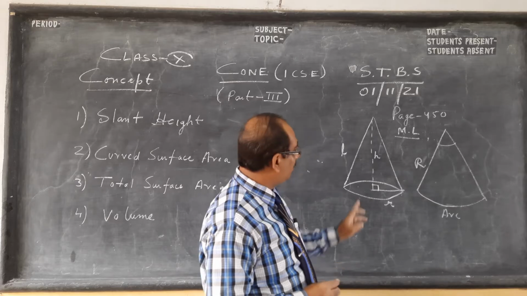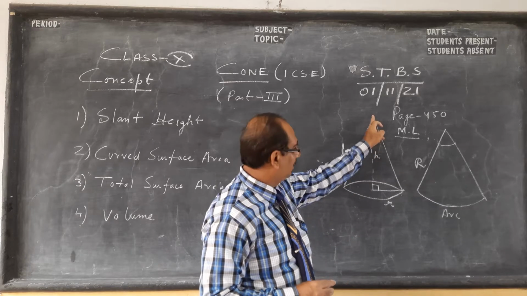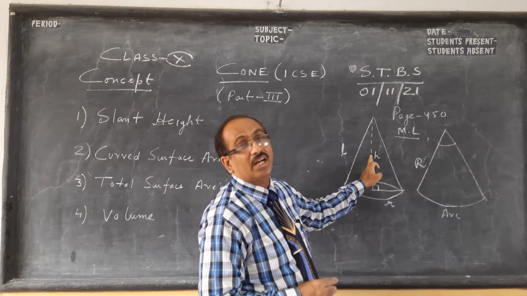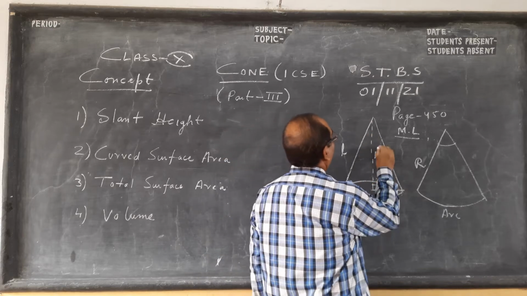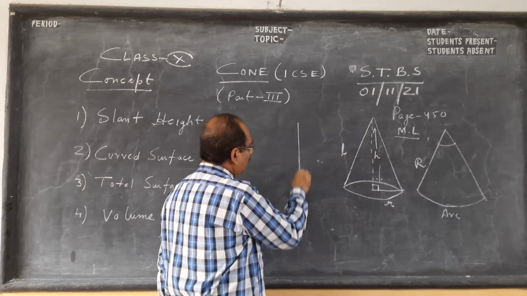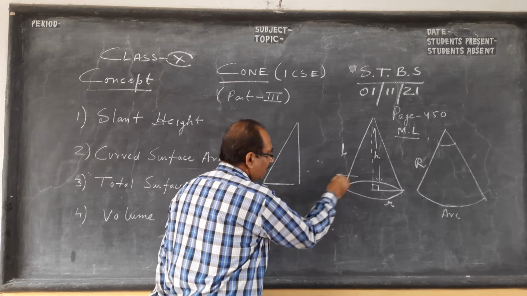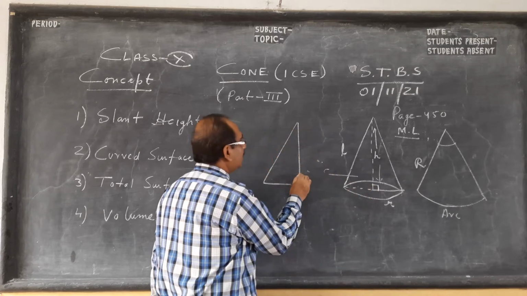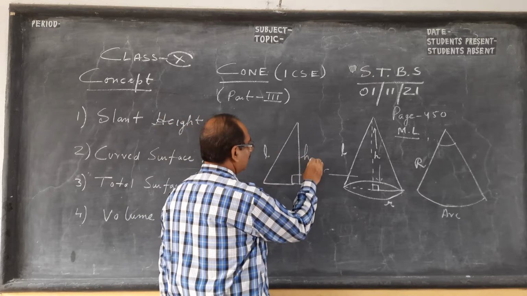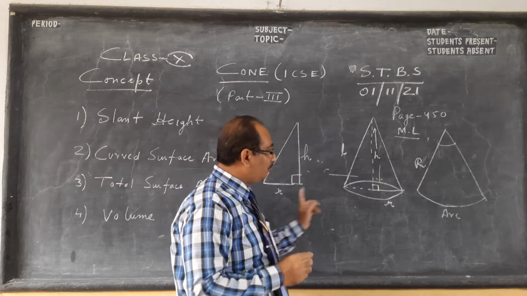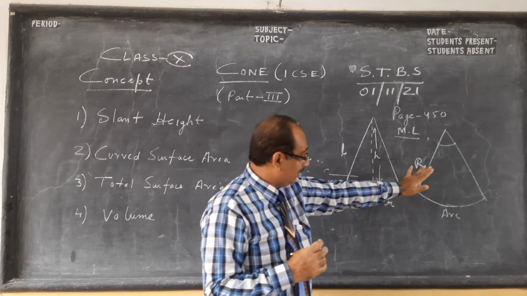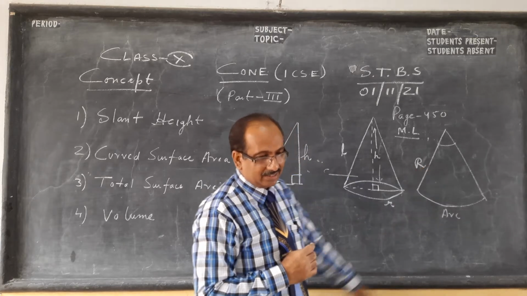So the cone, what we have ultimately, this is called the vertex, children. This is the center of the circle. When you join them, this is called the height. And this sideways is called the slant height. If I take this particular part, this is a right angle triangle: this is called the slant height, this is called the height, and this is called the radius of the base. Don't confuse it with this radius, this is how we make it. So these 2 radii, that's why I have differentiated.